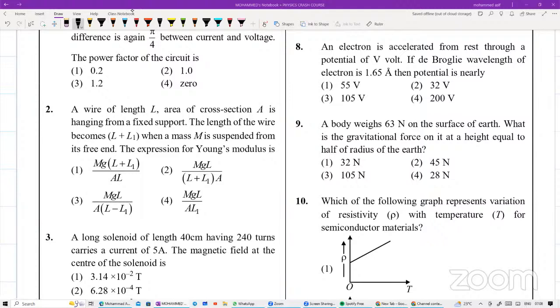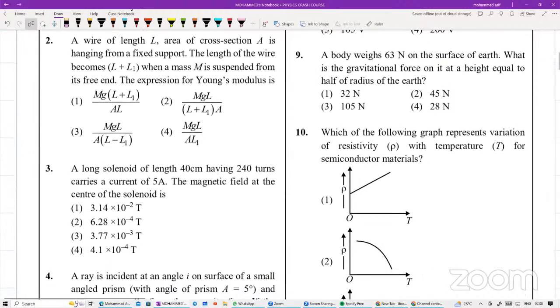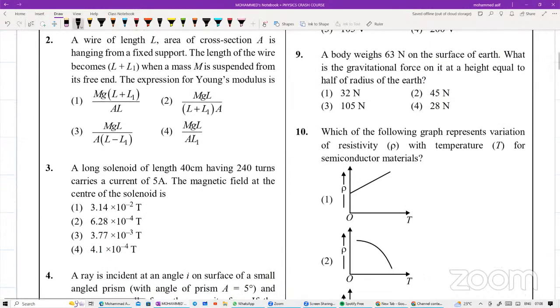बेटा चलो पूरा ग्रैंड टेस्ट एक बार कर लेंगे बेटा, 11th एंड 12th सिलेबस का। क्वेश्चन नंबर 1 देखो बेटा, एसी सर्किट का है। क्वेश्चन नंबर 2 इज यंग्स मॉडुलस इलास्टिसिटी। चलो ट्राई करो।